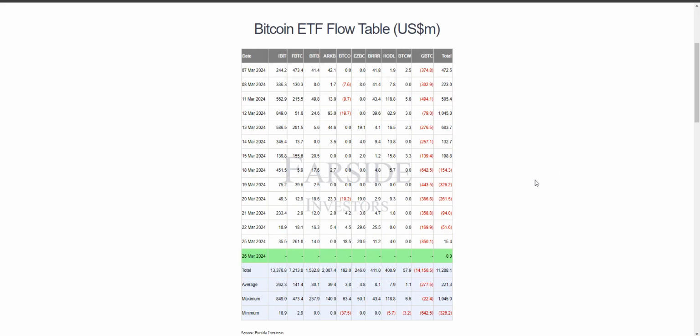The other thing that we've been taking a look at here is on a number of occasions, it hasn't really been looking too good for the Bitcoin ETF. You see here that Grayscale is still pretty much selling off the supply that they have. And I've been looking around and I'm hearing a lot of content creators talk about what's been going on with this. The reason why Grayscale is selling off, I think they've got it's either like $1 billion or maybe just over $1 billion worth of Bitcoin that they're selling off,